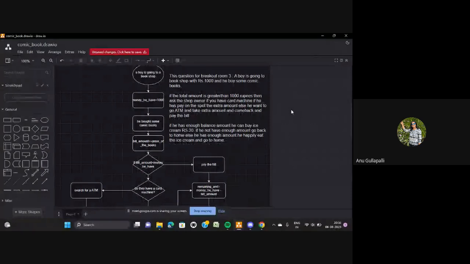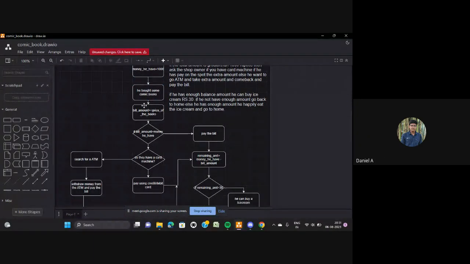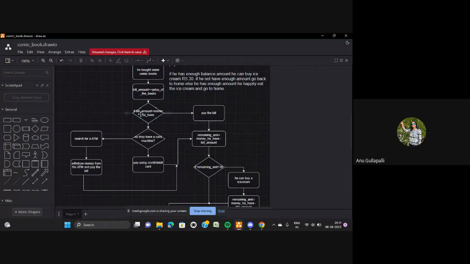Correct? Okay. So let's go over Daniel's flow chart. First, a boy is going to a bookshop, ma'am. And the money he has is equal to 1,000. He bought some comic books. Bill amount plus equal to price of the book he bought, ma'am. If bill amount is greater than the money he has,